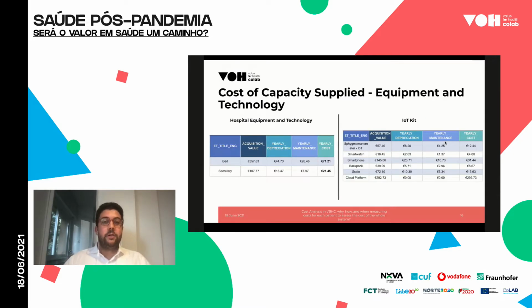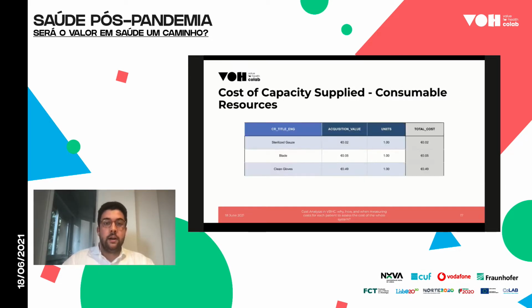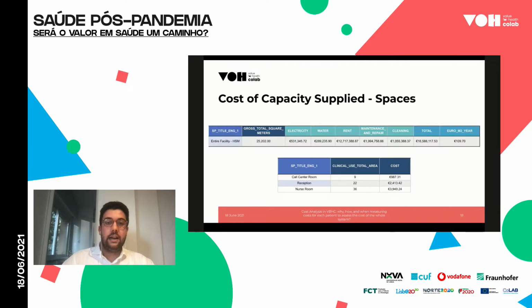And then we fortunately did not have the same luck yet with equipment and technology. So we had to go to the hospital and list all these resources and brands used, and then conduct an online search to be able to retrieve the acquisition value, the depreciation rate, and the maintenance costs of the different equipment that were used. For consumable resources, the hospital planning department provided us all the necessary costing information, and for